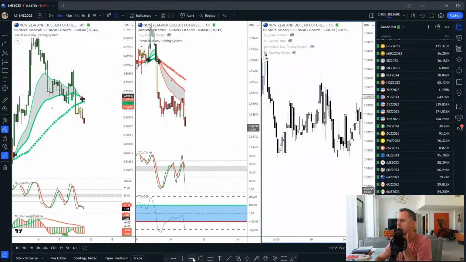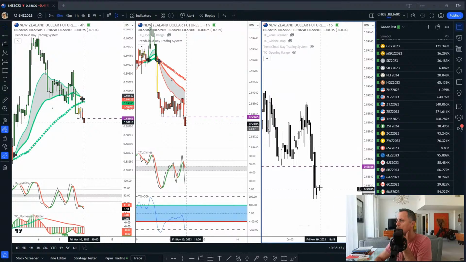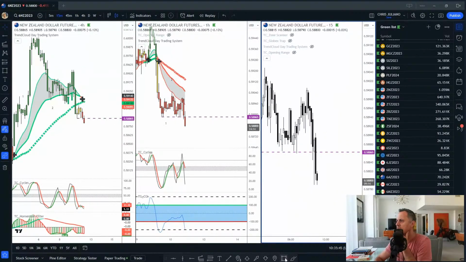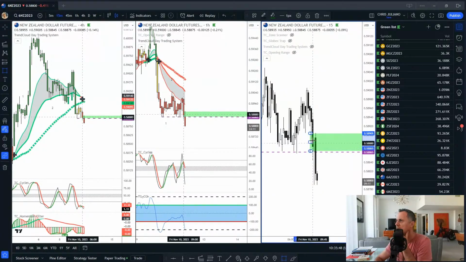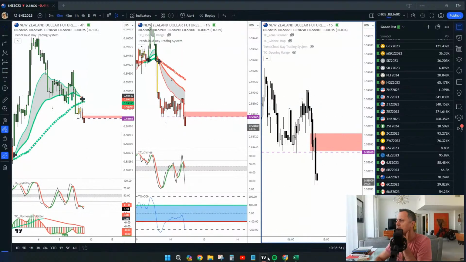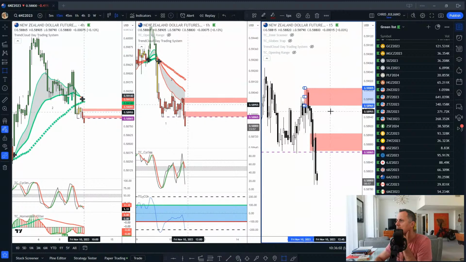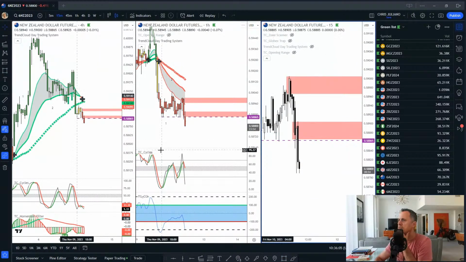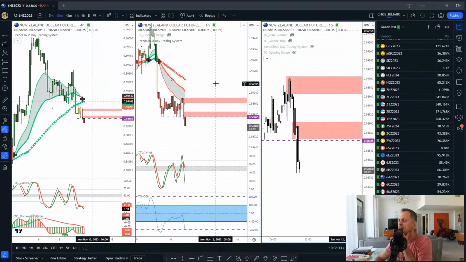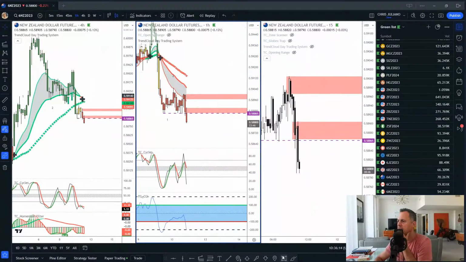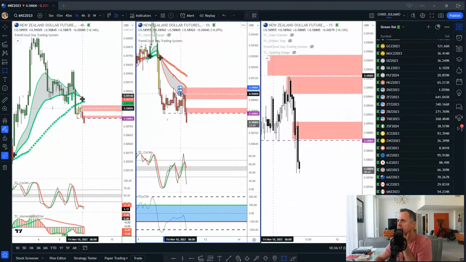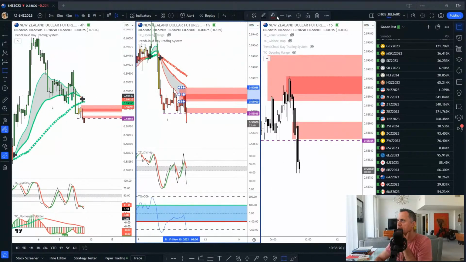Broke through all this structure here. Okay, what did all the breaking? Well, we've got one here. All right, we've got that. That did the breaking. And this up here, right? Here's where it started, and this did the breaking. It's got two little zones there. This zone has a trend cloud component to it. See that? This zone here, if we draw from the top of the trend cloud to the bottom of the trend cloud,